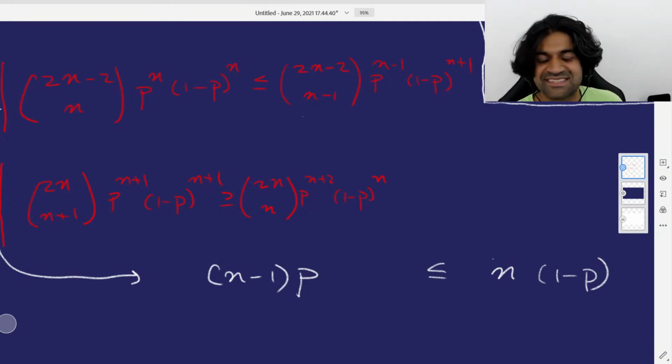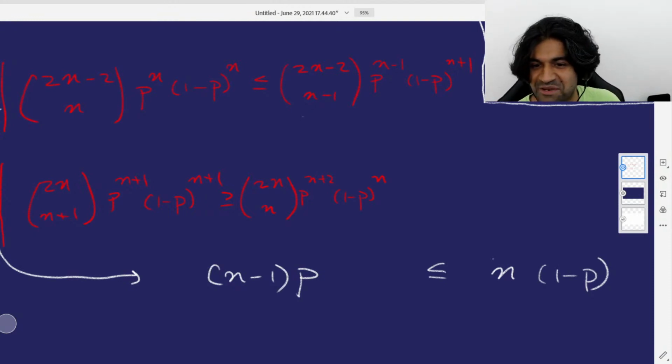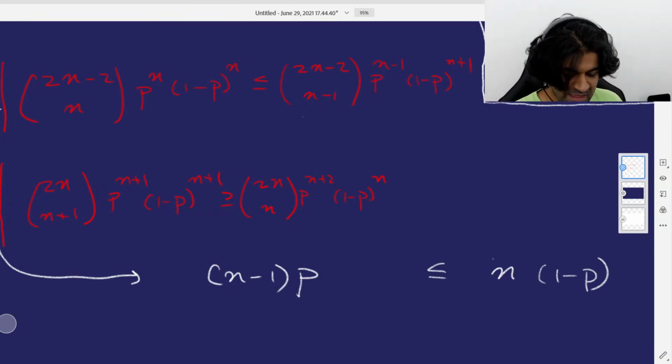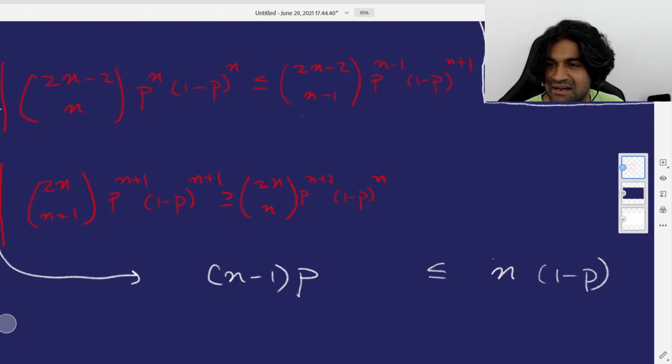And of course, if you missed the wins to losses, losses to wins analysis, this will all seem like insanity to you. But we're almost done with this problem. We can move on to the next one. And so for the other one, the losses to wins analysis, if you do the same cancellation for the second one, you'll essentially get that